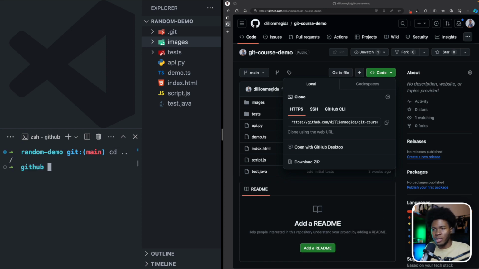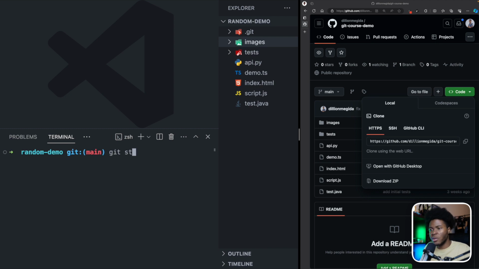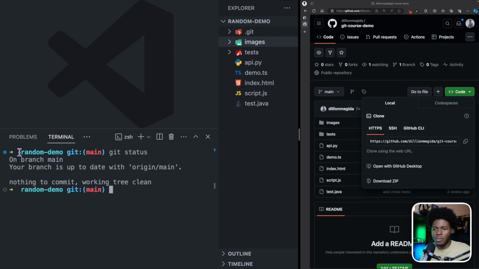Before, we were on GitHub, but then you can do cd random demo. So now we are here, and now that we're here, we can continue doing our Git stuff. If we run git status, you can see that on branch main, your branch is up to date with the origin main. What this means is that currently the state of our local repository is the same as the repository